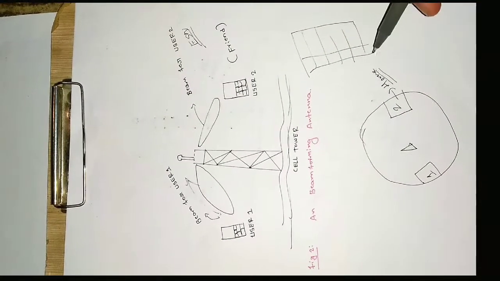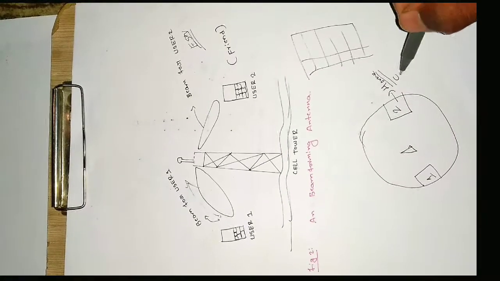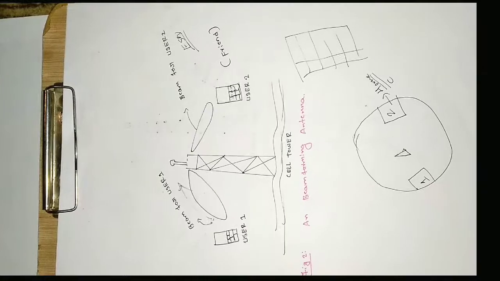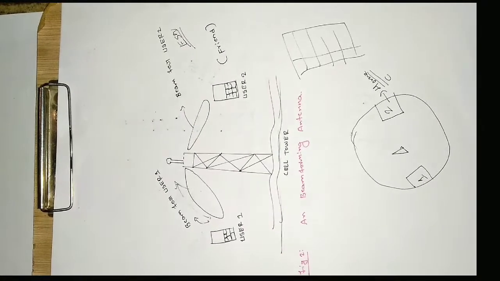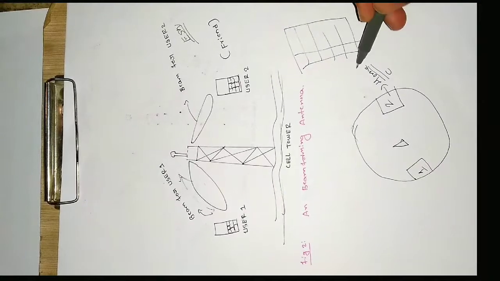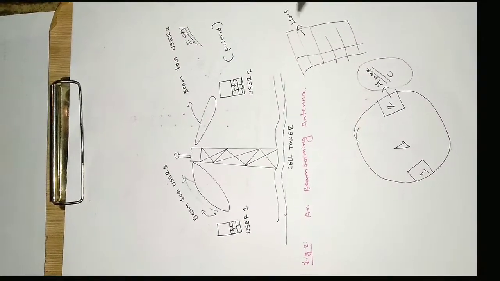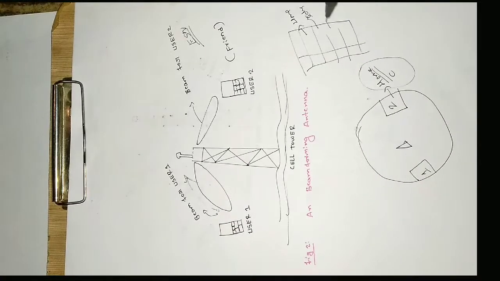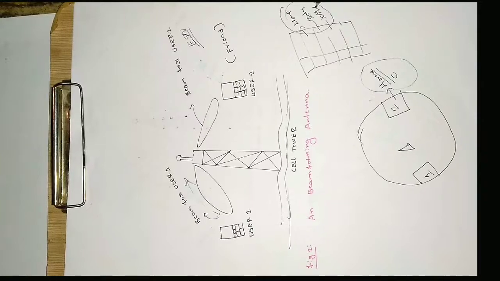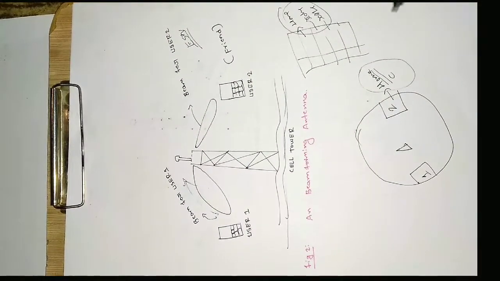Most of the time we will be spending at home, college, or office. These are the two or three places where we will be staying maximum. Apart from that, we will be roaming outside here and there, but most of our time will be spent in these places. So it will store the location for home, then location for college, then location for office. These are the 3 places which the base station will be storing for a particular user. So that is database maintaining.